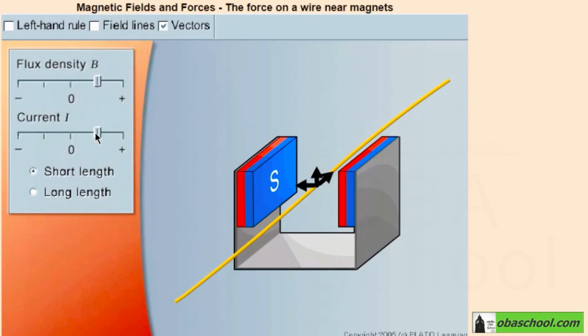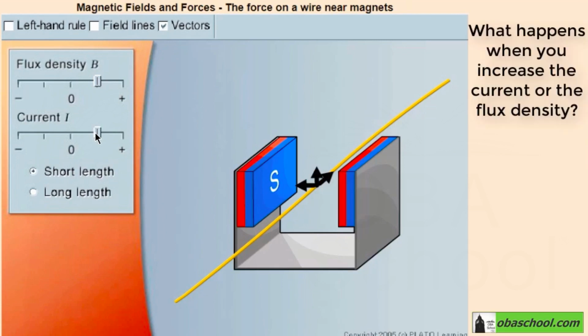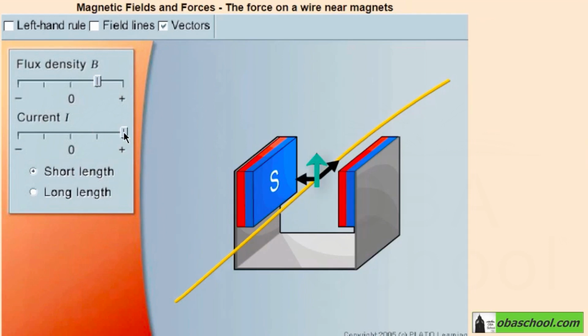Yes, it moves upwards when the current flows. The current is on. The third vector shows the upward force on the wire. What happens when you increase the current or the flux density? By dragging the slider to the far left, the force vector arrow gets longer and the arrow moves further away